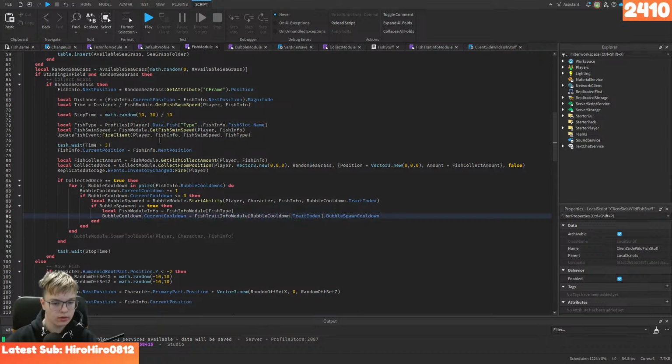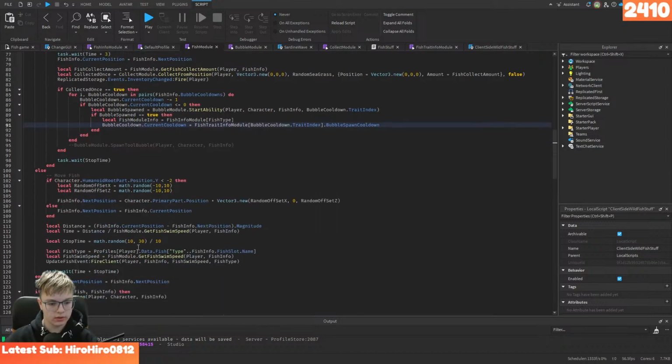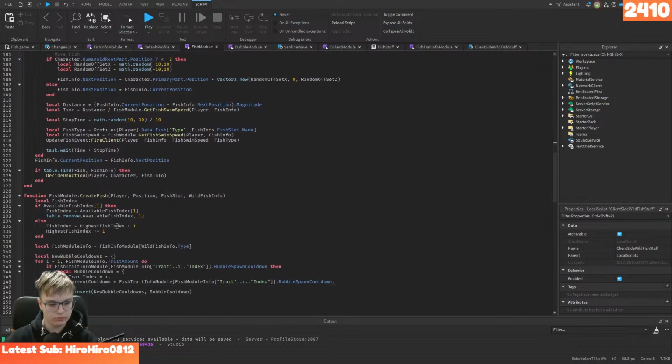Yeah. And also when we set the trait index, I still have to do this too. Yeah, trait index gets set to I. That's very much wrong, because it needs to be set to this